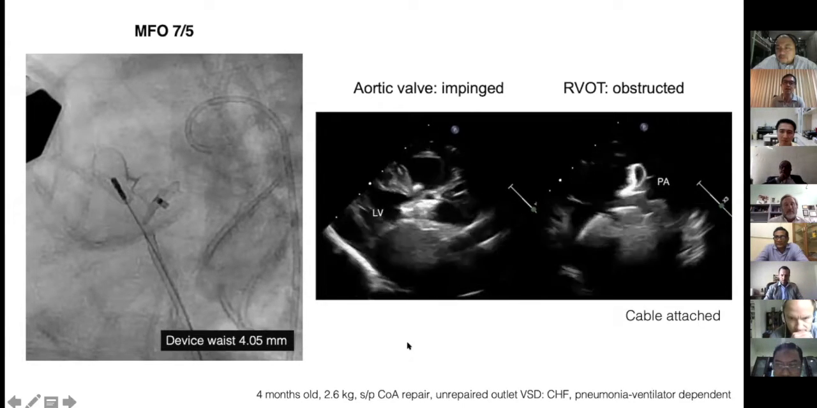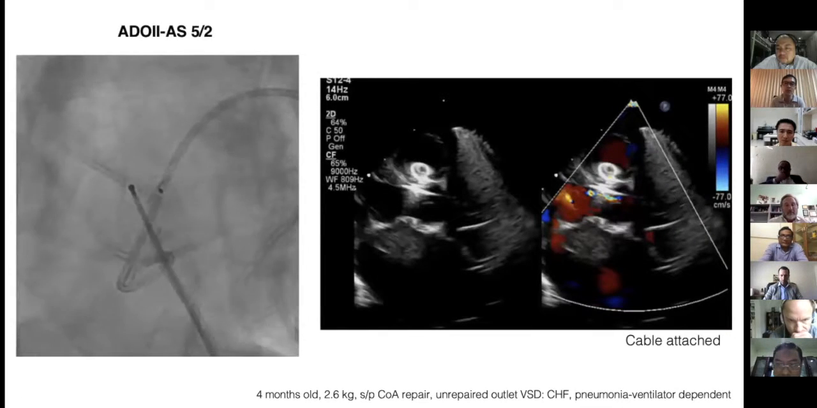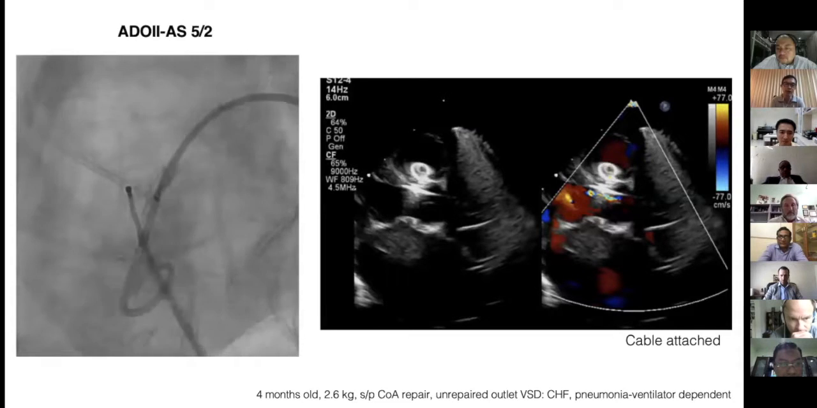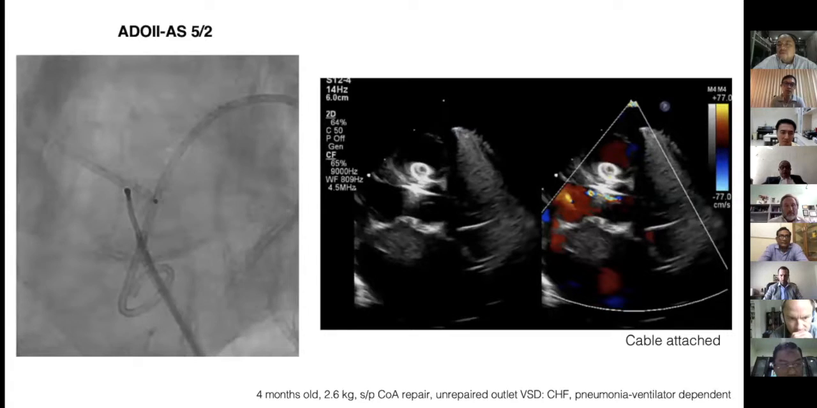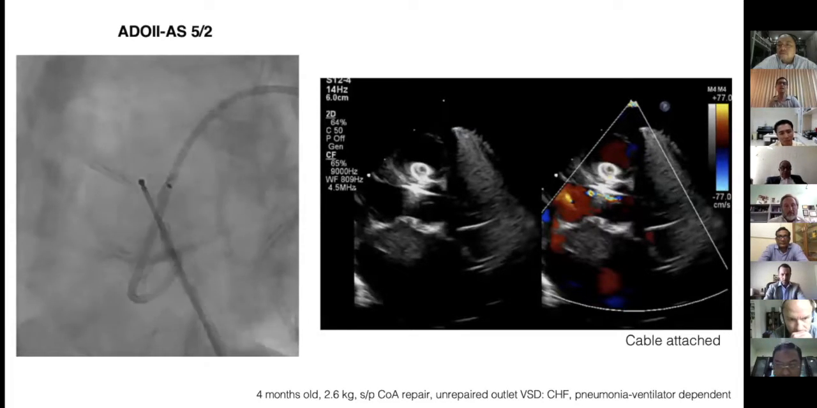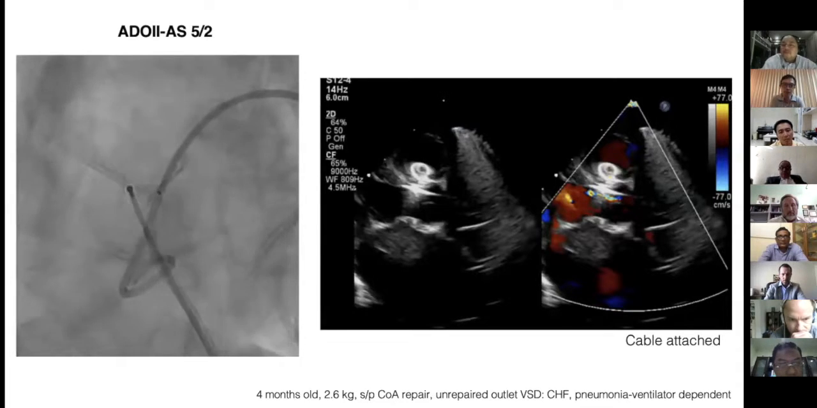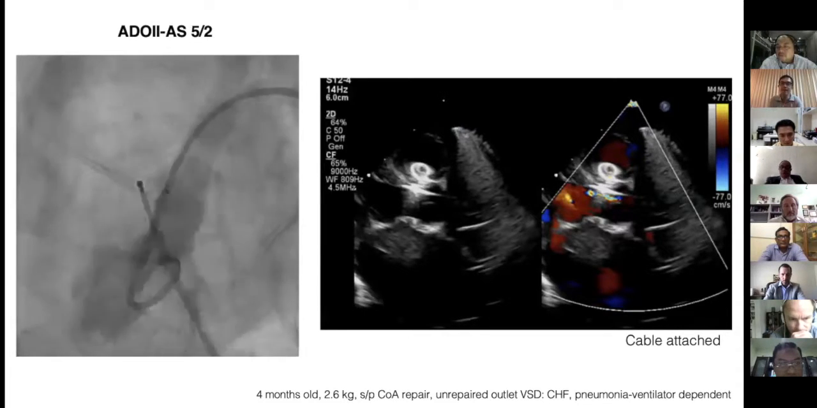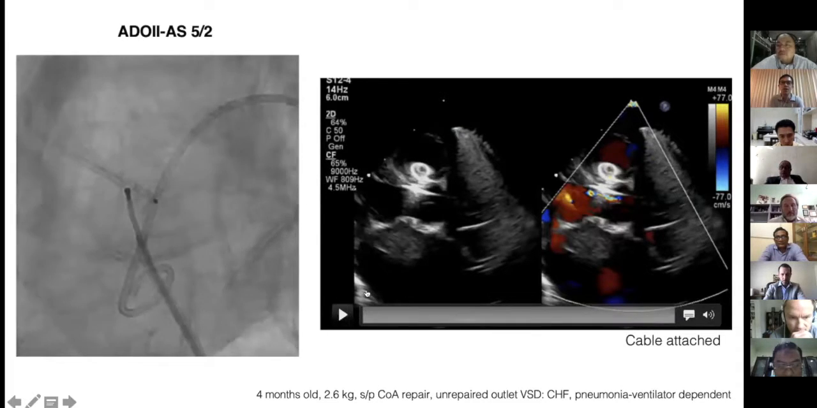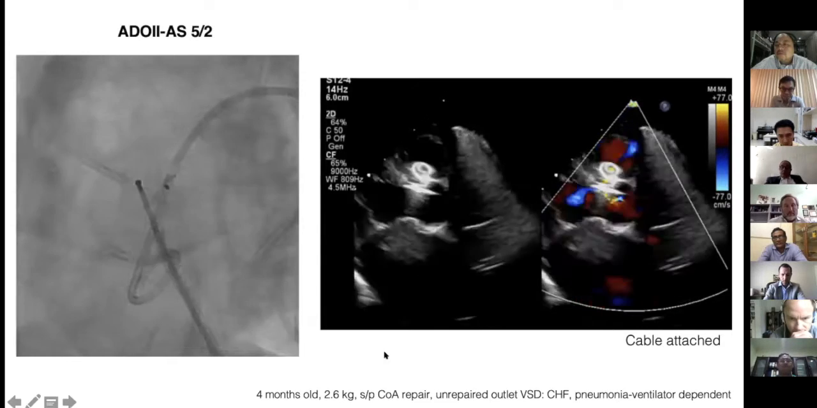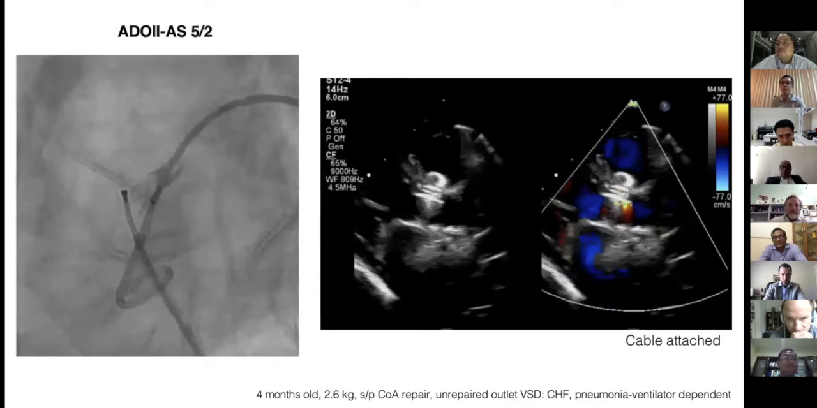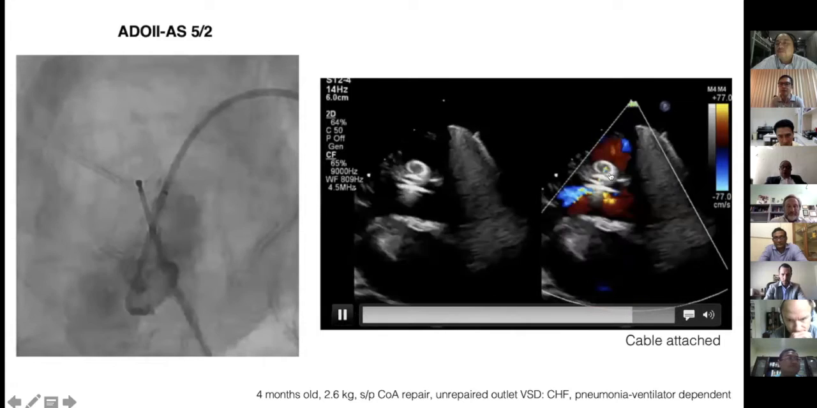So it doesn't mean that it's a bad one, but it means that at least we know there's some limitation on the Konar-MF device. So eventually, for this patient, we decided to use the ADO2 AS 5x2. 5 stands for the diameter of the waist of the body, and 2 stands for the length of this device. And eventually, we were lucky because we can finally release the device with minimal residual leak,